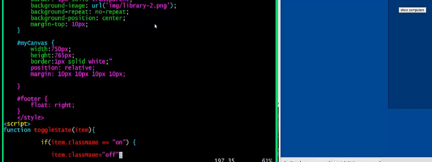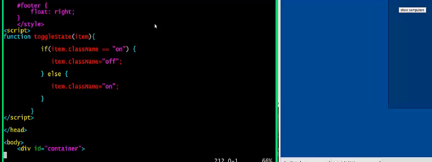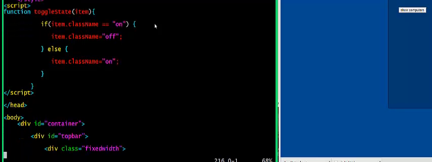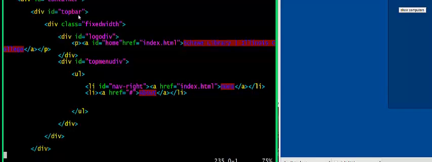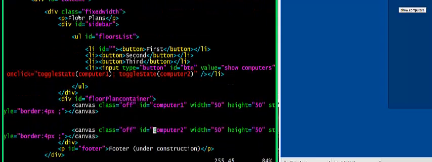So here we start with the JavaScript. So we have CSS, now JavaScript, all inline just for convenience. There's a function called ToggleState, and what this does is it sets the class name to on if it's off, and vice versa. So if you click it, what's happening is it's executing the ToggleState function, and it's taking in an item that's just a parameter. That name item doesn't have any special meaning until it gets input into this function, and I'll show you where that's called. Down here we call the function ToggleState when we handle the onClick method